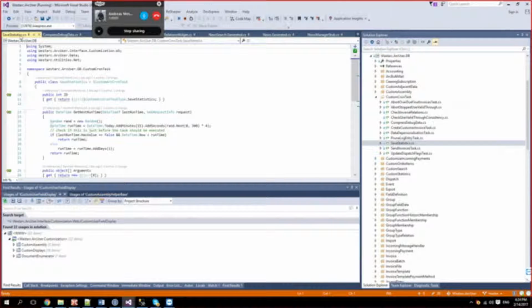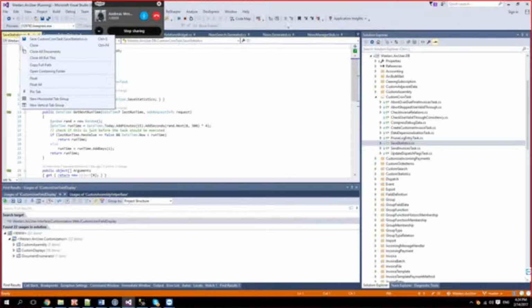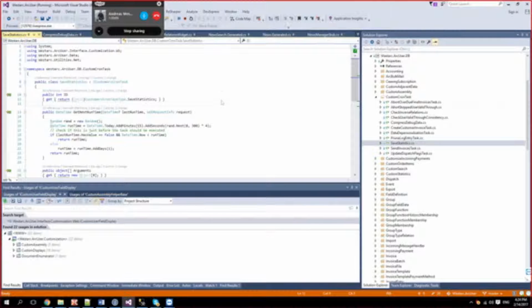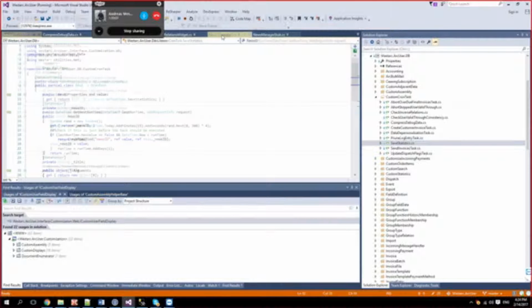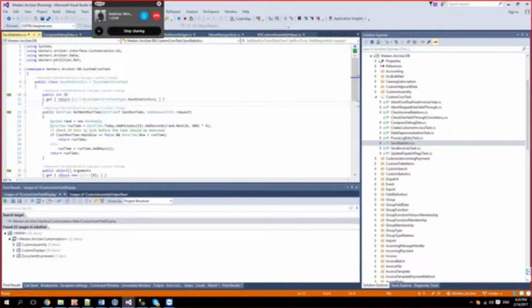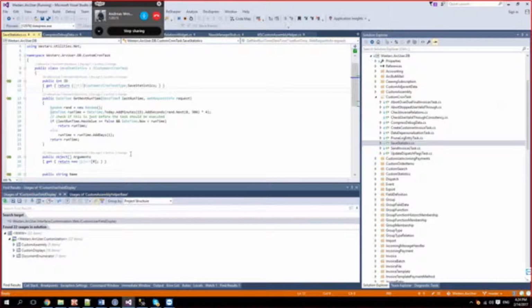Oh, that's good enough. I'll leave a trail of open files if that's okay with you. Yes, you can.